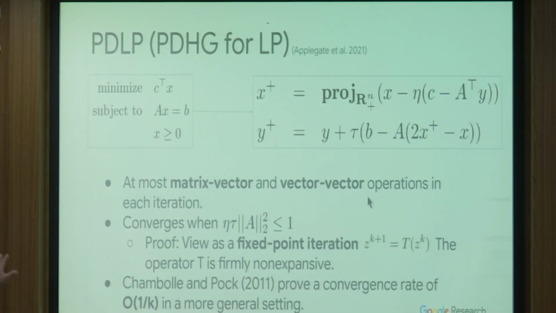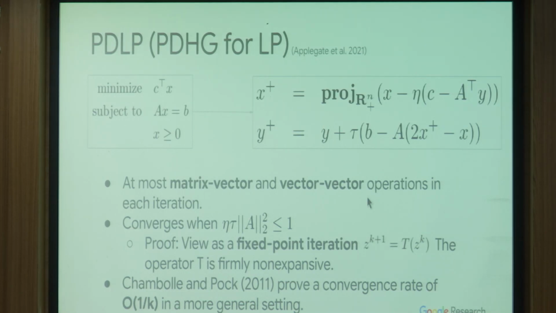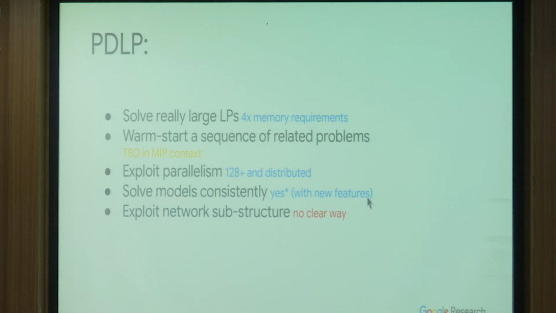And actually the initial experiments with the vanilla setup that you get from the theory were disappointing. They did quite a number of tricks to make this work. But it has many of the attributes that we would like to have. It can solve very large LPs. How large? They can go to a couple of billion non-zeros by doing distributed computing on several machines.